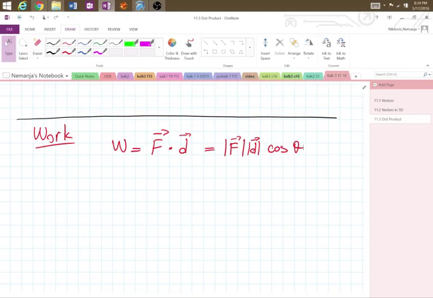Yes, there they are. Okay. A stroller is pushed 20 meters with a constant force of 10 newtons at an angle of 15 degrees below horizontal. So a stroller